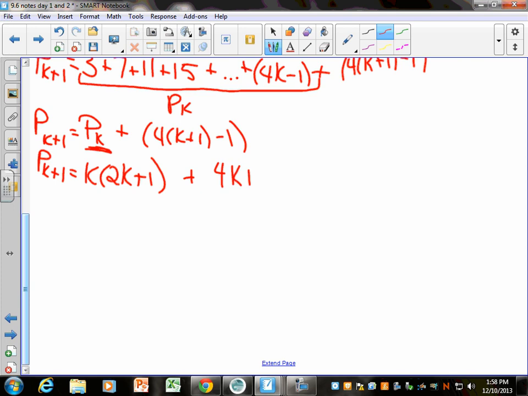I'm going to go ahead and distribute that 4. And what we should be able to do now is simplify this and get the same thing of what we wanted to get up there, our end result. If it doesn't happen, then you've done something wrong, because these always work, which is why the steps are so